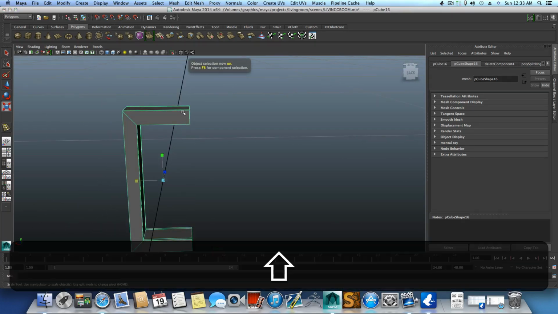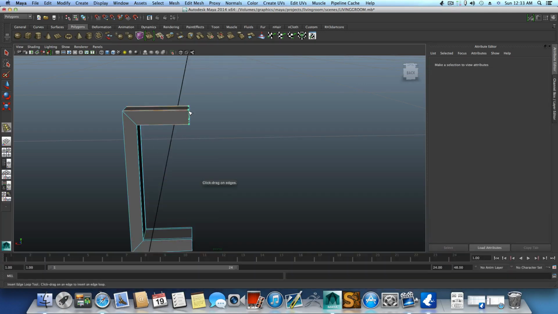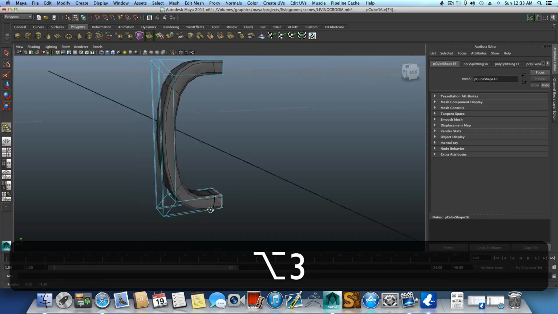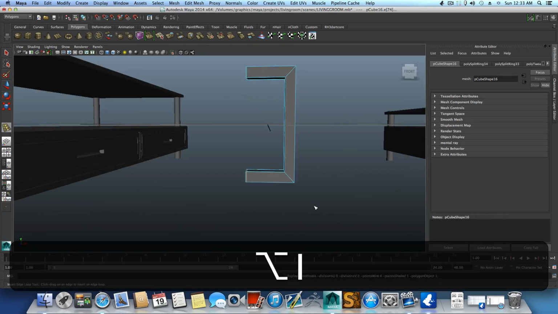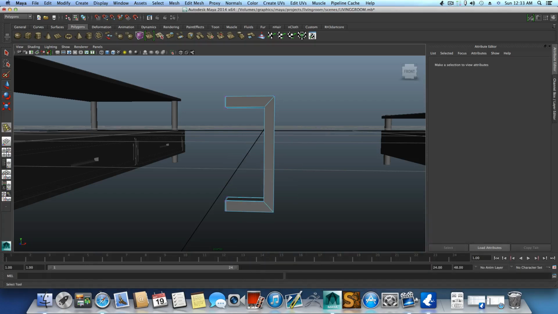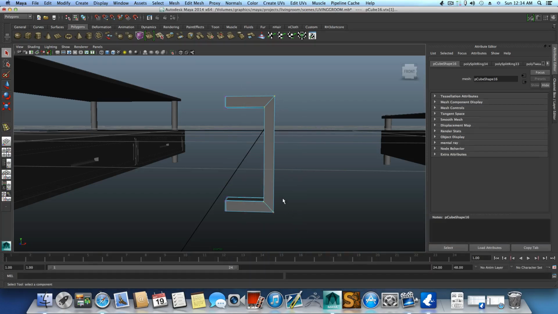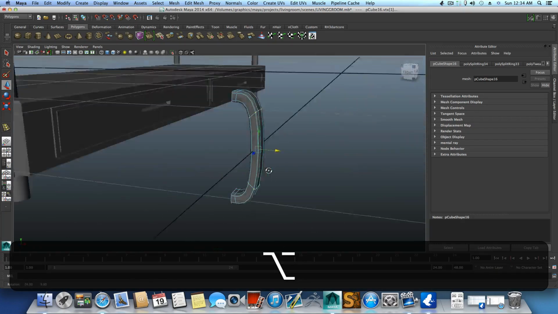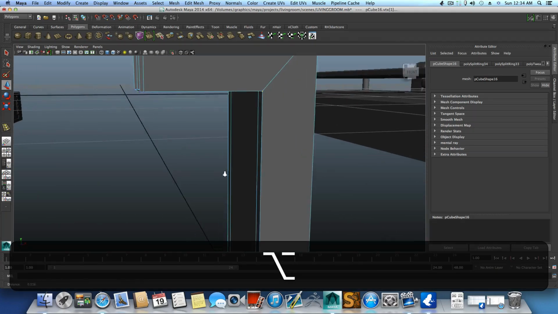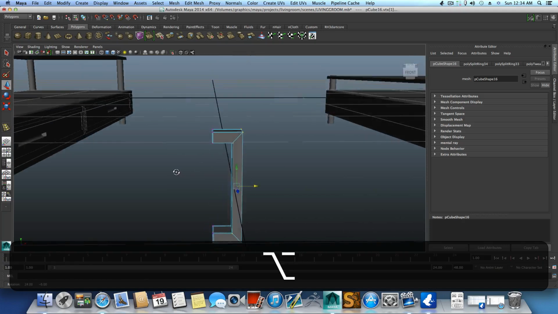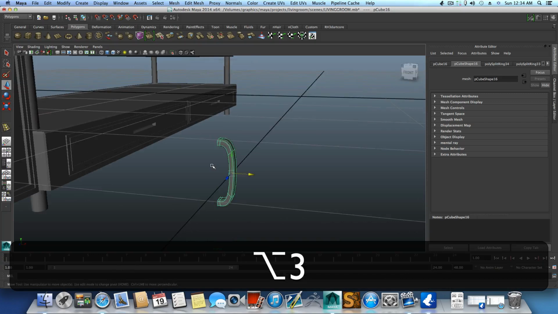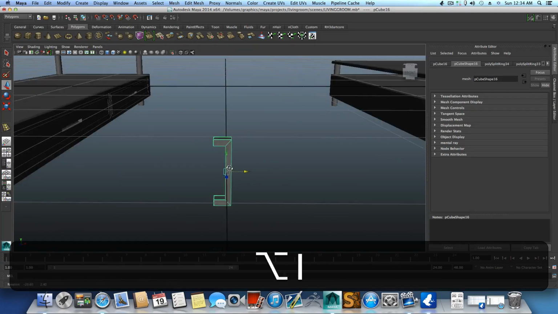Hold down the shift, right click, insert edge loop, add one edge loop here, one edge loop there, and then press 3 to see this. So that's nice, but we still want to try and maybe bring those more here, and then press 3. So that's nice, and if this is okay, F8, see this again, yeah, that's fine. We can